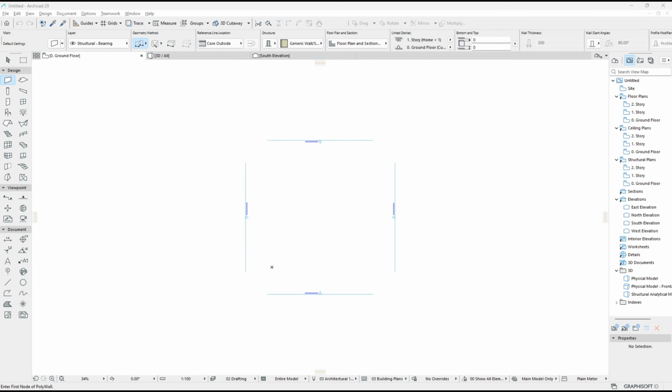Hello everyone, today we are going to learn a basic Archicad tutorial: how to change pattern unit size. As an example, I will create a rectangle object,